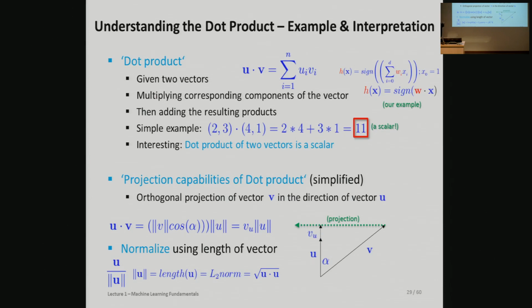For instance, of course, also for our aspect of the perceptron, it's a +1 or -1. If you remember, as a negative or positive, and we put it in the sign, which means then we get the sign as this class or that class. But we will also see tomorrow that it has interesting properties in the support vector machine when we talk about the projection capabilities that basically this dot product has.